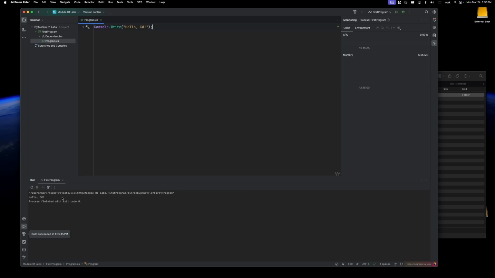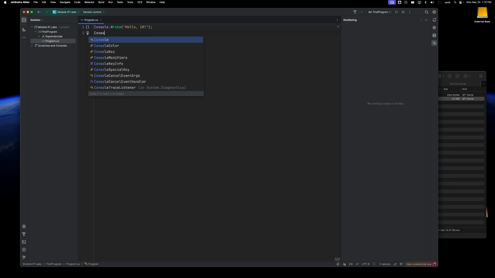I guess this really isn't a very impressive program, but if you're new to coding, this is kind of a big deal. You've now created your first computer program. Let's see a couple other things we can do with this code. I can add another line with a different message, so I'll put another console.write line. I'll run the program again,